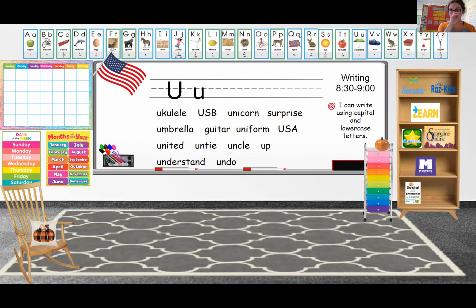We also covered the letter U. The letter U is important that you pay attention when you make the letter U. It has a nice round bottom. I see first graders make this mistake all the time where they get pointy with their letter U and it turns the letter U into the letter V. So the letter U just comes down from the top to the bottom, gets a curve, and comes straight back